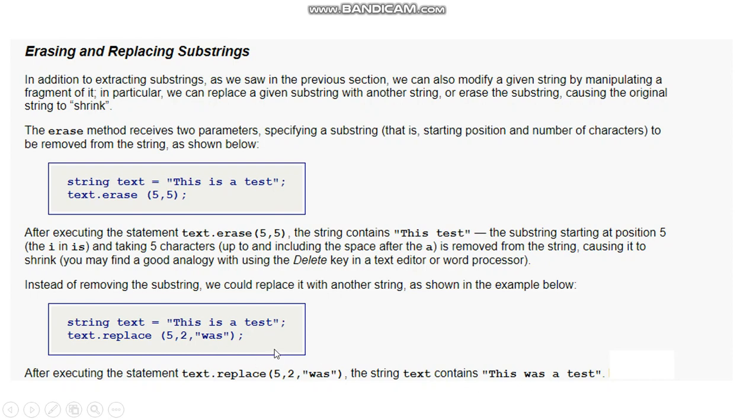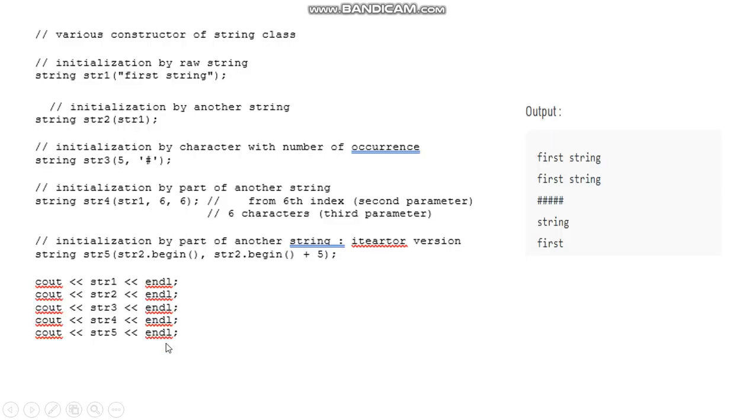This is the text can be replaced by this was a text by using the replace function. The erase function will remove a part of a string from the invoking text. With replace, we don't remove, we just replace that content by another content.